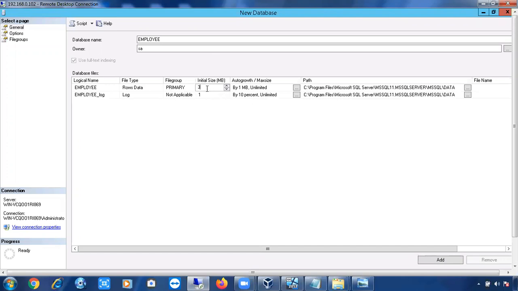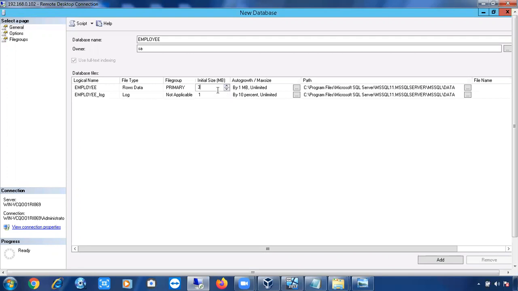Once this 3 MB is full, there is one option called auto growth. If 3 MB is full, you cannot keep adding storage manually, it will be very difficult. Why? Because in an organization you will have thousands of databases, 1000, 2000, 3000. Are you going to add size for each data file? Very difficult, right? So that's why we allow an auto growth option for each file.